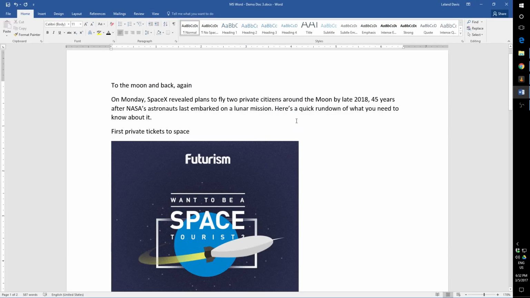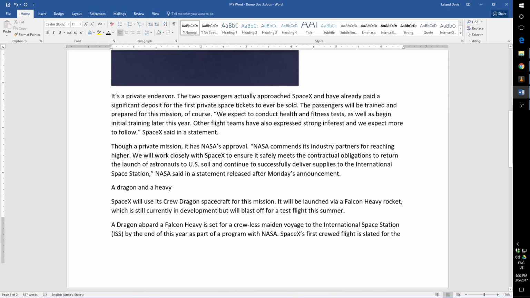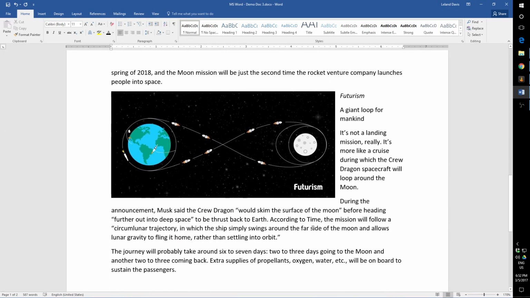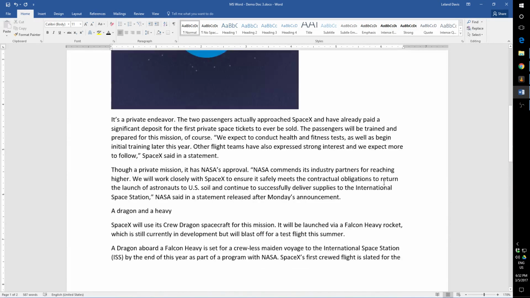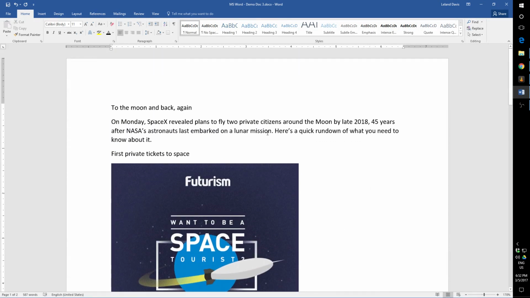Okay, so now I've opened up a version of the document that is very, very bare and bland. As you can see, the text is quite simple. It's just black. This is the default settings for basically everything in Microsoft Word. So what we're going to do is go ahead and format this document to be much, much more interesting. So we'll start off by working within the styles box here in the home part of